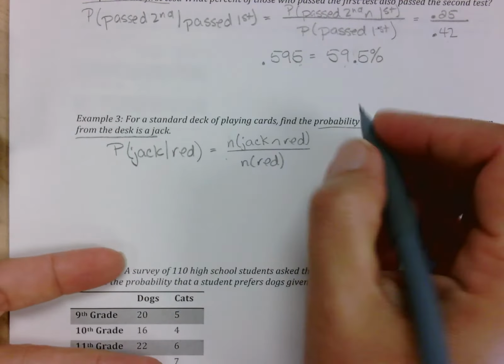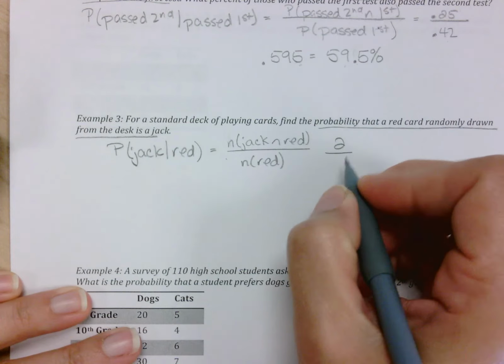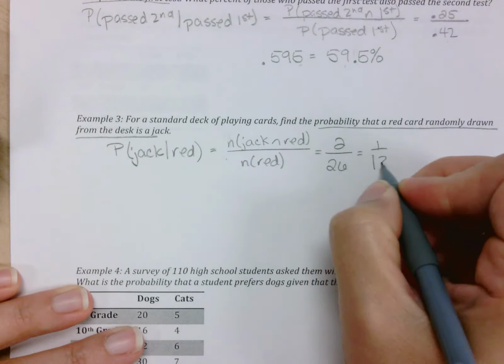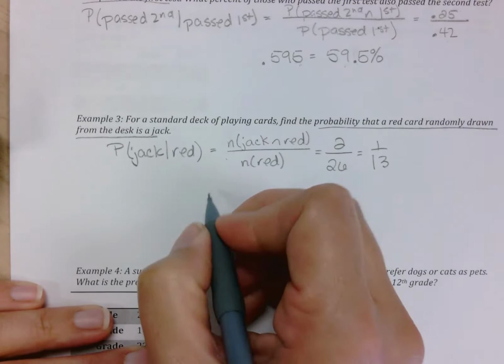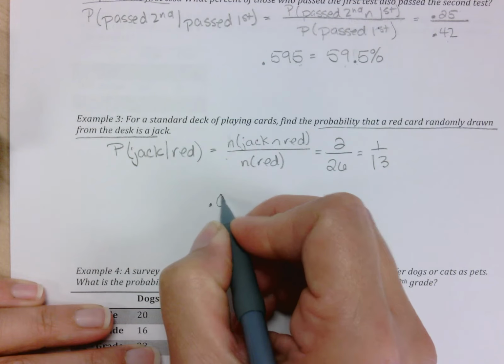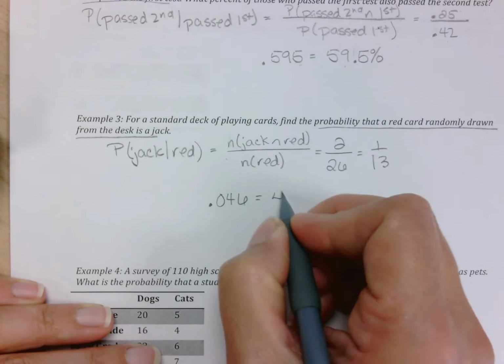There are only 2. So there's 2 red jacks in a deck of cards over 26 cards that are red. And you can go ahead and reduce that to 1 over 13 if you want to. And as a decimal rounded to the nearest thousandth, that becomes 0.046. And as a percentage, that's